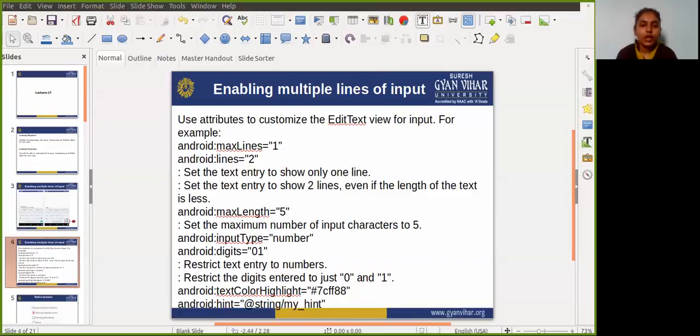You can use pipe characters to combine attribute values for the android:inputType attribute.